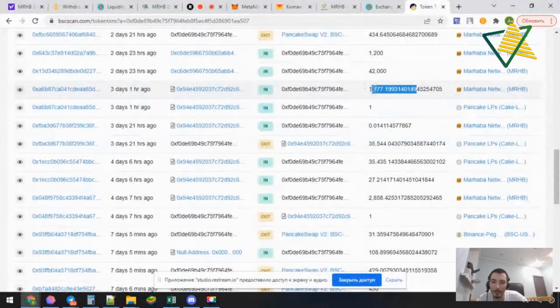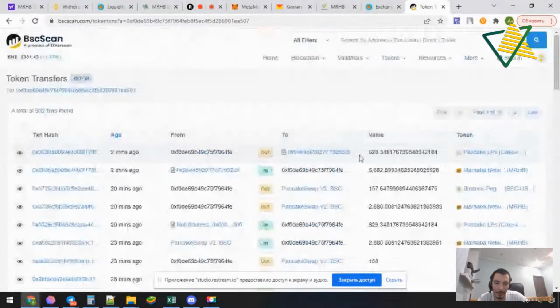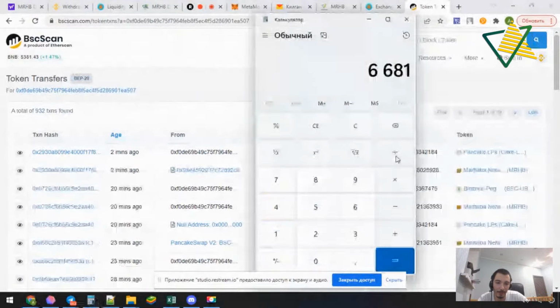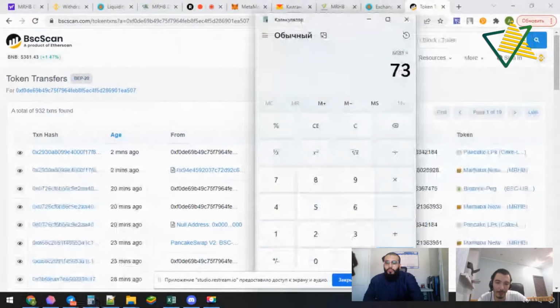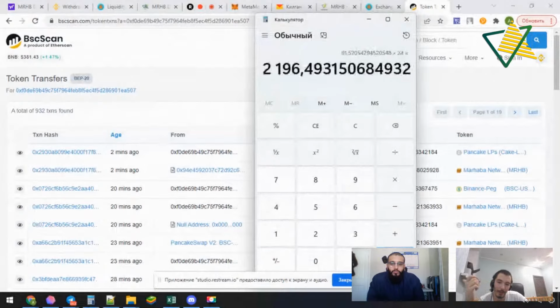And you see how many MRHB tokens I earned. It is 6,000 divided by 73. So in 1 hour I earn 91, and in 1 day I earn 2,200 MRHB tokens.